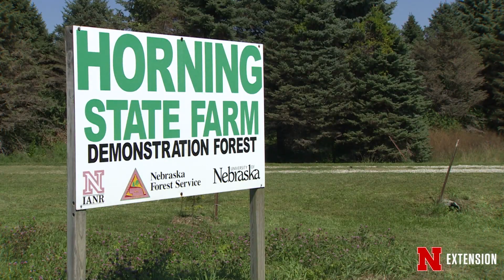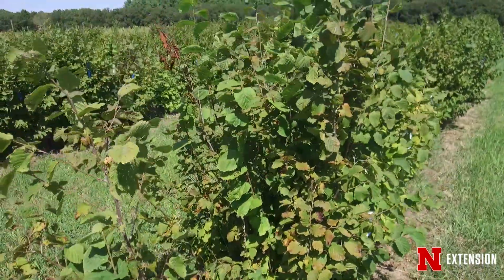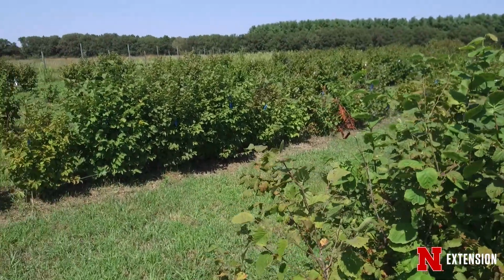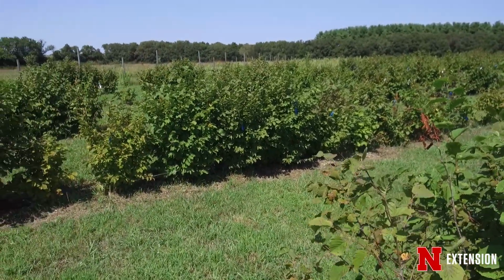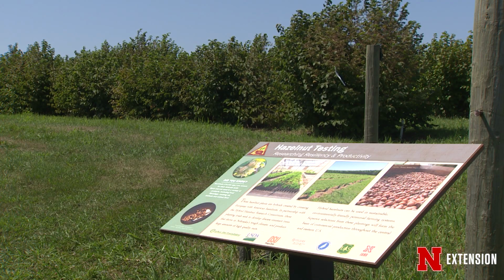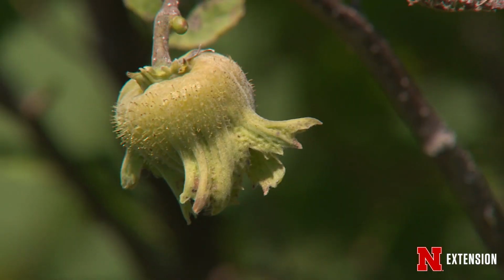So we're here at Horning State Farm Demonstration Forest. This was donated to the university back in the 50s and was a tree testing facility for a number of years. Now the Nebraska Forest Service has been turning it into a forestry demonstration center. It's also the home of our hybrid hazelnut testing plots, where we screen hybrid hazelnuts for disease resistance, nut characteristics,